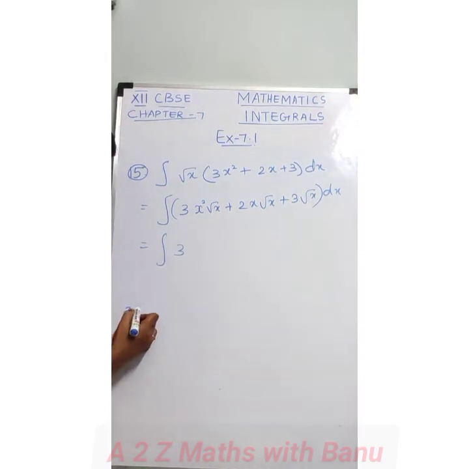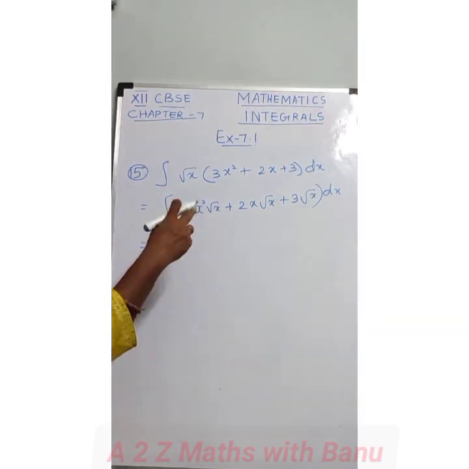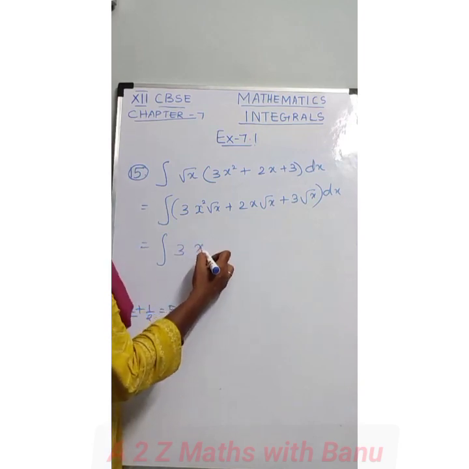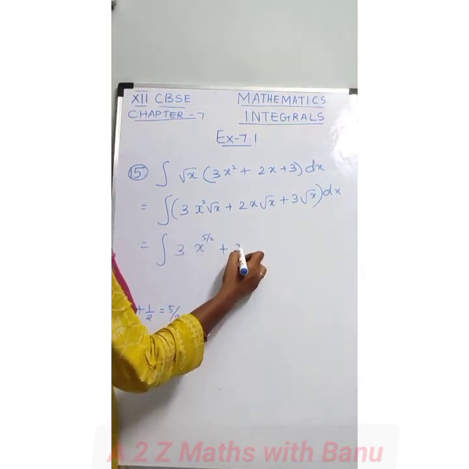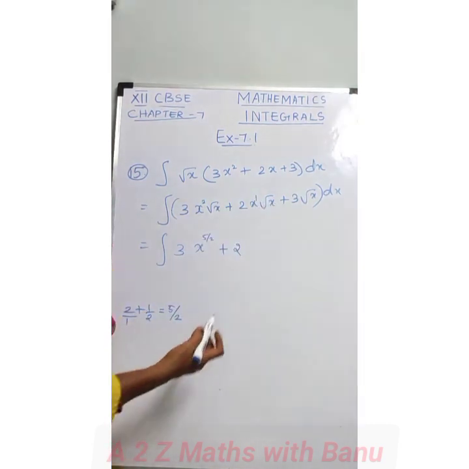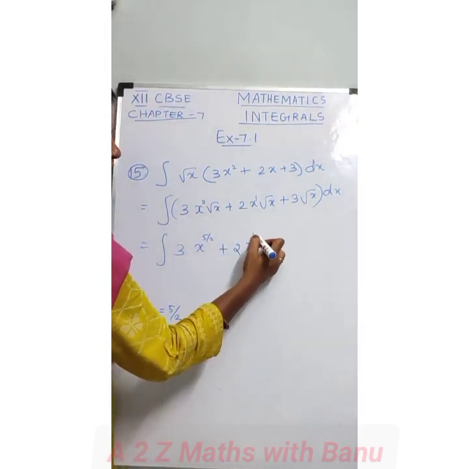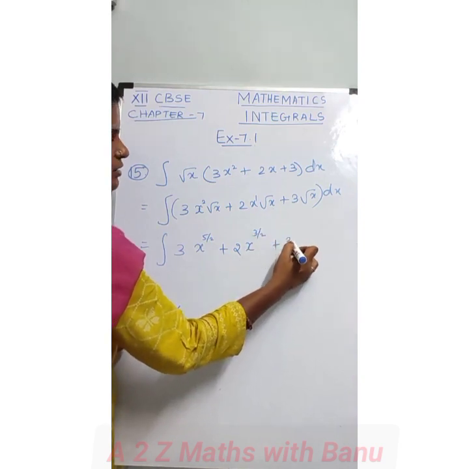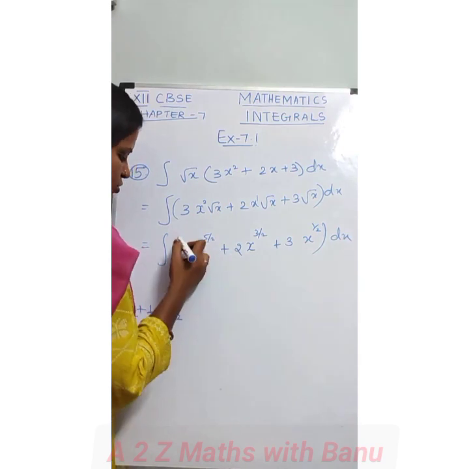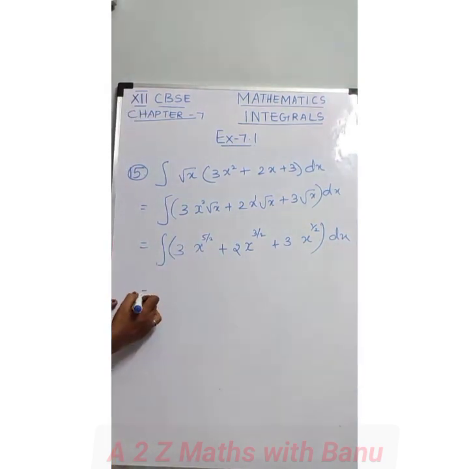So let me write the power of x, that is we have x power half, 2 here, x power half here. So when you multiply you have to add the powers. So 2 plus half is going to be 5 by 2. When you take LCM, 4 plus 1, which is 5 by 2. So x to the power 5 by 2. And similarly here x to the power 1, x to the power half, 1 plus half, which is going to be 3 by 2. So x to the power 3 by 2, and root x is nothing but x to the power half. With respect to x, we are going to integrate.